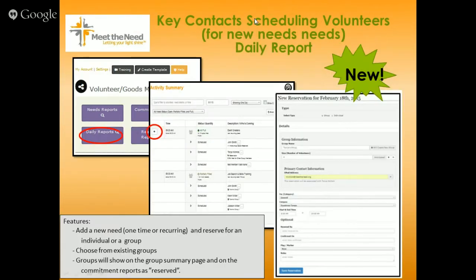Now, when key contacts want to schedule volunteers, maybe for new needs, not one that's already posted, maybe you've got a volunteer that walks in and says, I want to help out, and I want to scrub toilets. I don't know, I'm just making something up. And you don't have a need posted for scrubbing toilets, but you want to keep track of them, maybe a maintenance kind of